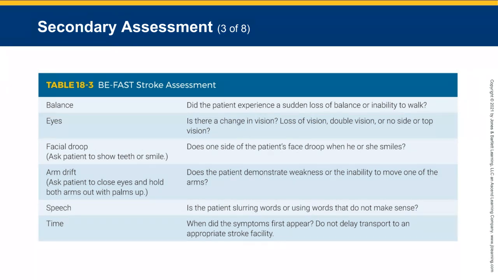So this is a BE-FAST stroke assessment, table 18-3. Spoke about this earlier, right? The BE-FAST. Time is very important to a stroke patient. Ideally, you want to get that patient to the hospital within a 3 to 4 hour window. Some material will say you can go a little outside of that, but ideally within a 3 to 4 hour